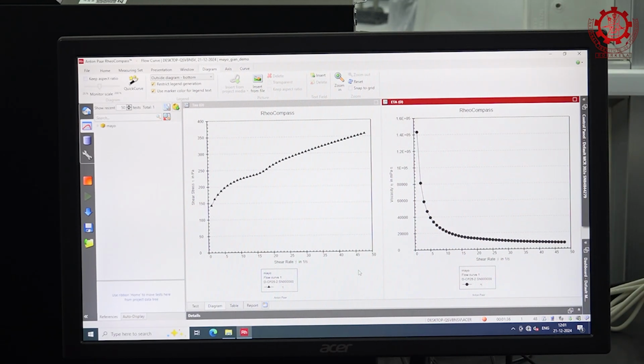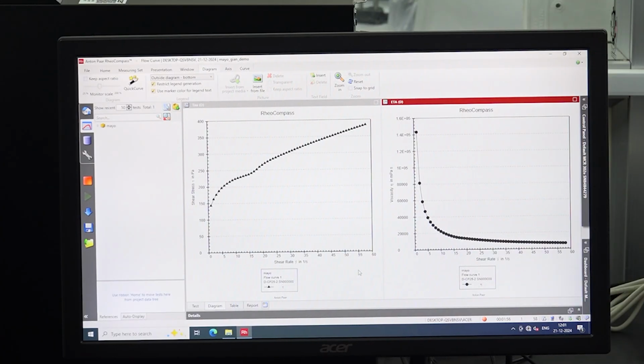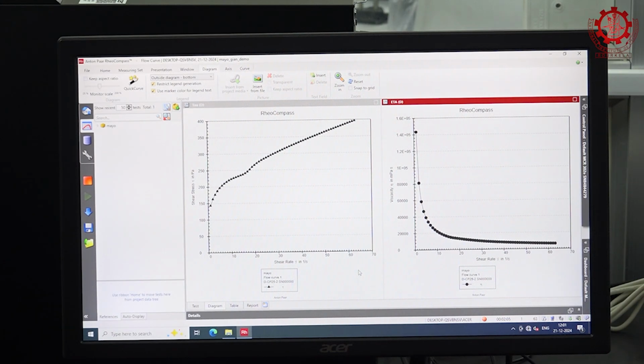In the amplitude sweep, we usually keep the frequency constant, and we see the variation of storage modulus and loss modulus with the increase in strain. But in frequency sweep, we keep a particular strain value from the LVR region, in which the G prime and G double prime were constant. We give that, and we vary the frequency. It is a time dependent factor. In frequency, we see the behavior of storage modulus and the loss modulus with time. We change the angular frequency.